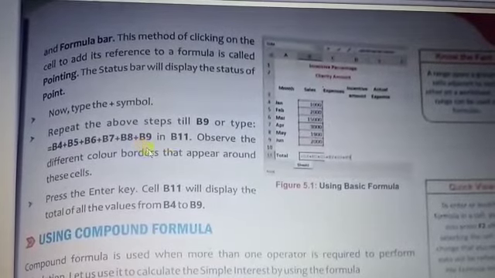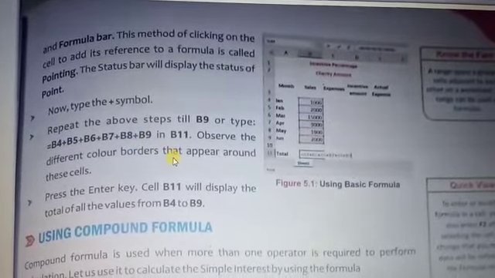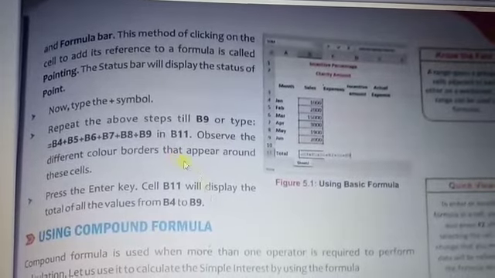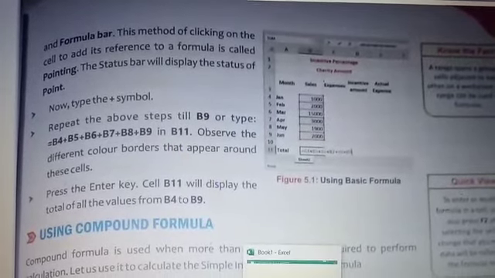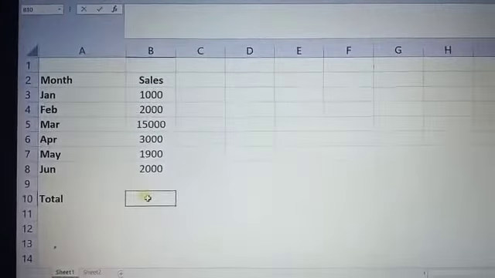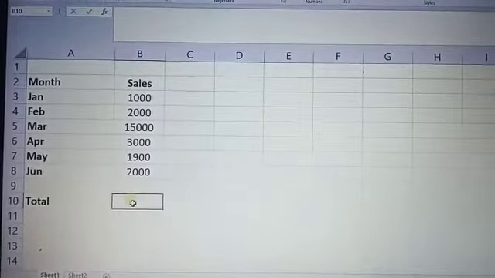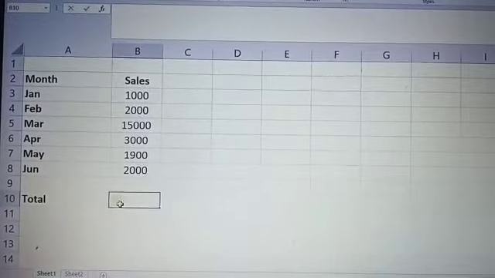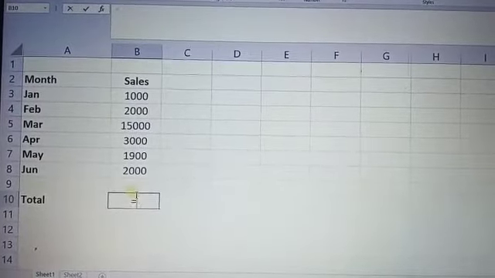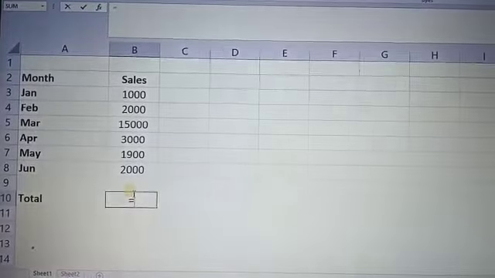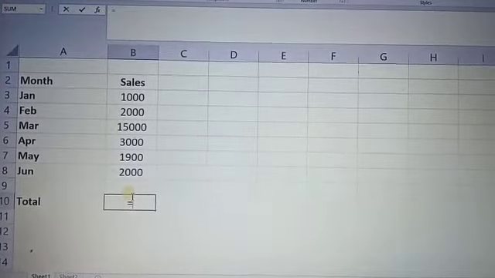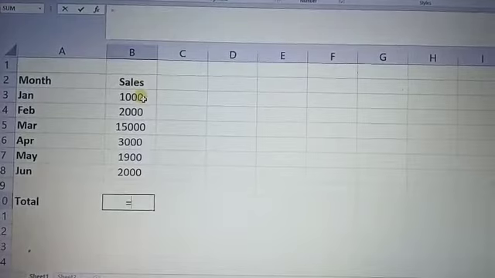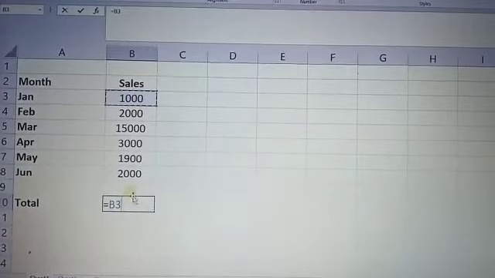Okay, so how can we do the user-defined formula in a practical manner? I have already designed an Excel sheet. These values are related to your example. We can find the total value here. So how can we find it? I use the equal sign here. At first we define the equal sign, then the address of the first value, B3.